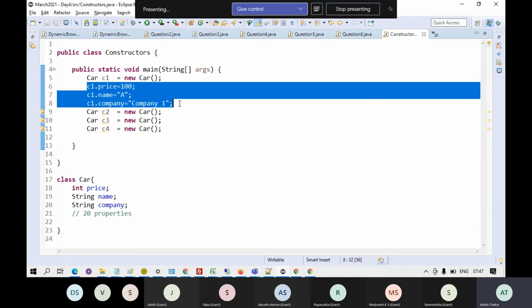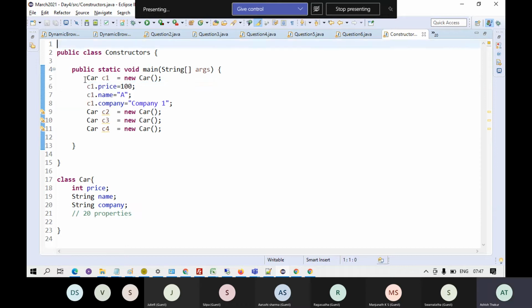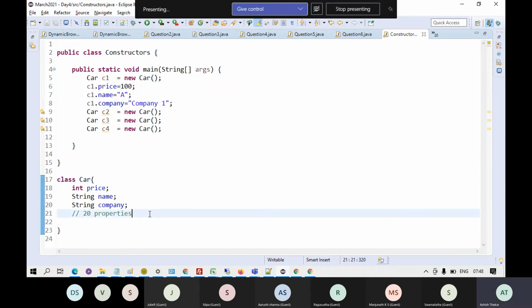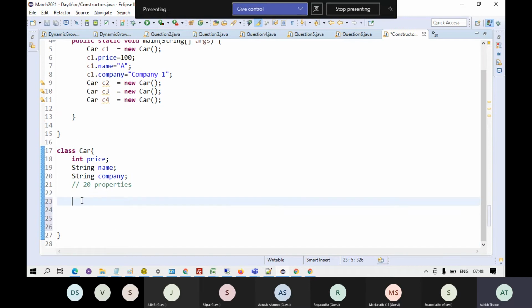If I'm making 10 objects, 200 lines. And it becomes a problem. Okay. So over here, the constructors help us. Constructor is something which helps us to initialize the object very easily. Nothing else. It is basically to initialize the object of the class.